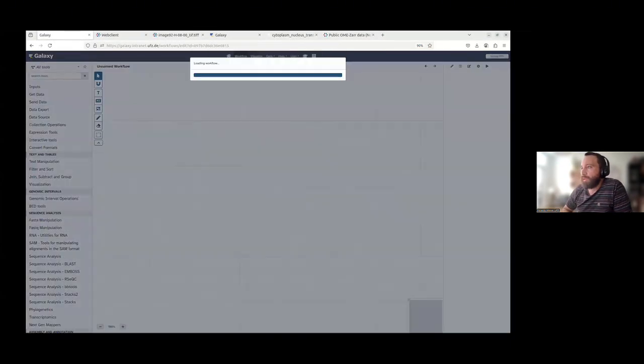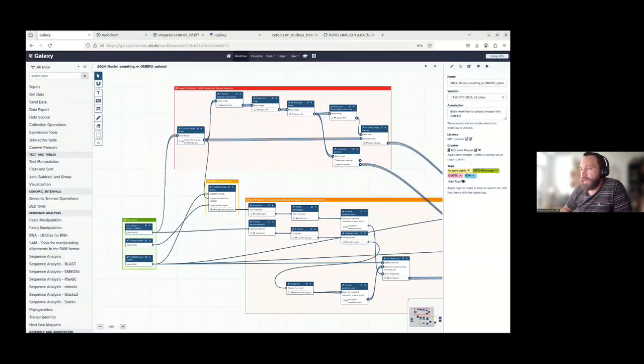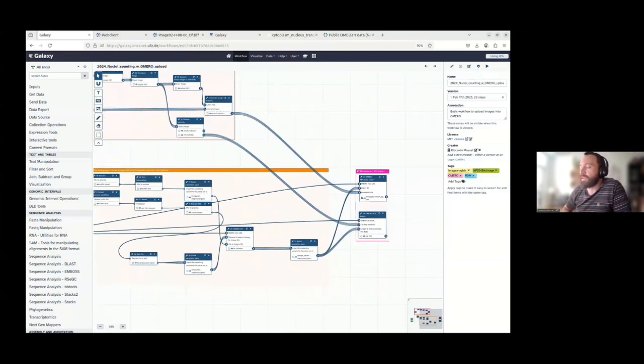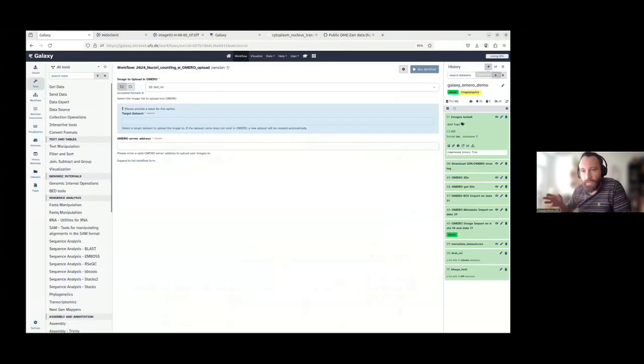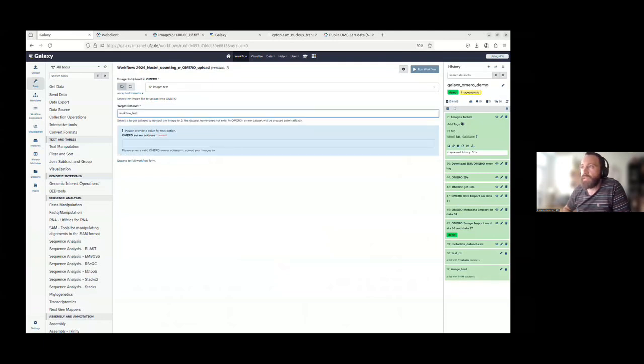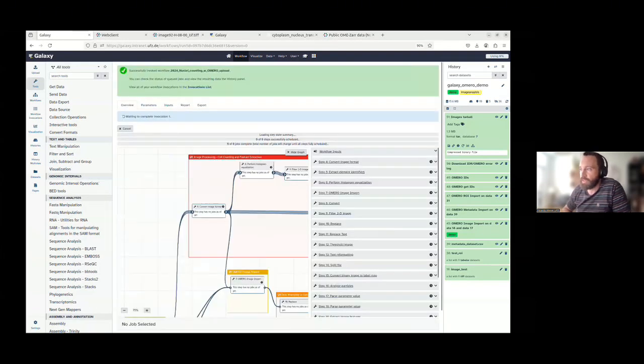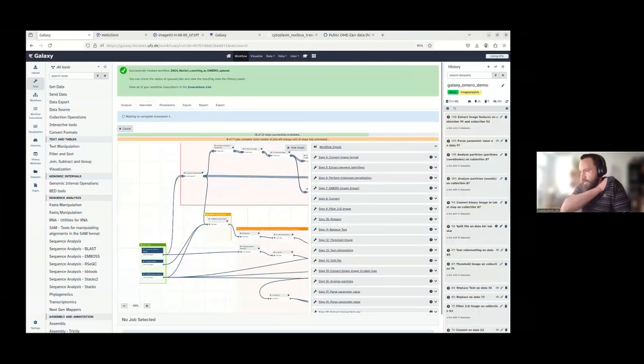Then, to show that this can be applied to a workflow, this is a nice workflow because you have three inputs: the images, the dataset, and the Omero server. You have a huge step, the red one, that is just image processing, basically doing the steps that Leonid showed before. This workflow automatically uploads the image in Omero, performs all the analysis, and then uploads the result into Omero directly. I have to put the images as input, the target dataset, and the Omero server address, and I just start it. Now it will start the full workflow in one run.